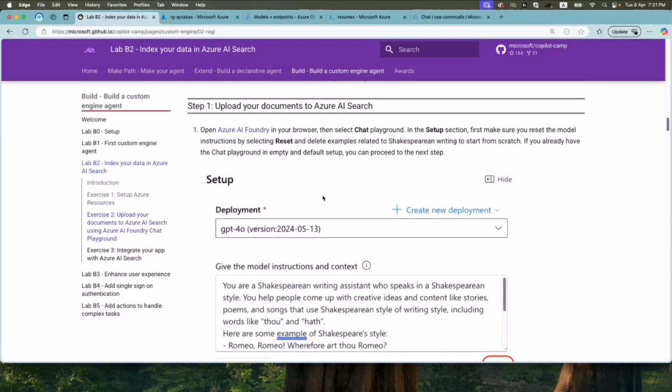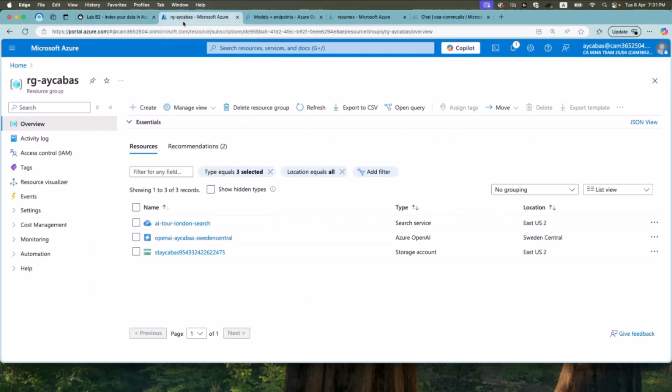So without going into any details in the text, I just want to show you how you can actually do that on Azure. I already created these resources. Last week, we've already seen how you can create Azure OpenAI and how you can work with OpenAI on AI Foundry. And this week, we have two more resources. One is search and another one is the storage. By using these two, we are going to create a data source together, and then we will connect this in our custom engine agent.